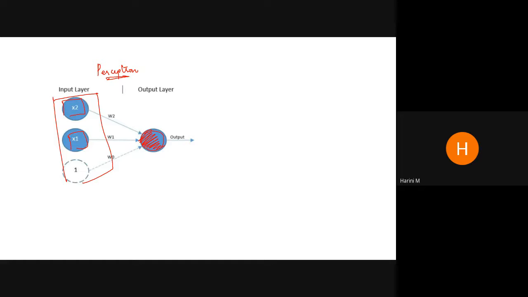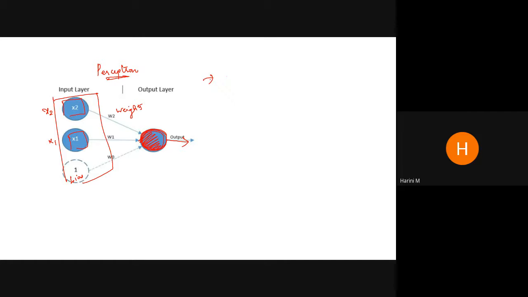This perceptron takes inputs. x1 and x2 are inputs, and you can have any number of inputs here. It takes the inputs along with the weights. These are your weights, and this is your bias value, which is always one constant value. So it takes all these as input, then it does some calculation inside, and it fires the output accordingly. So now what happens inside this neuron?